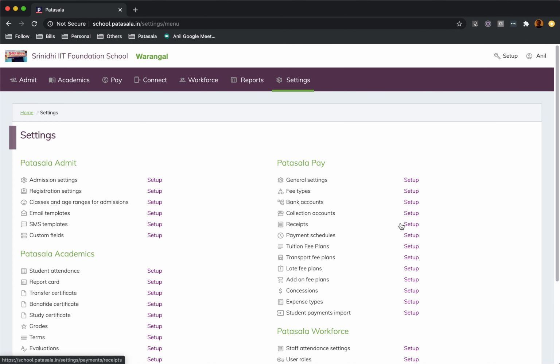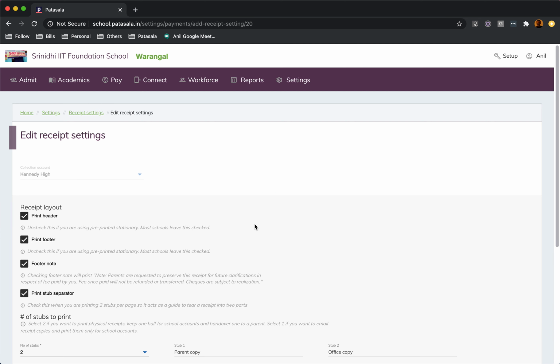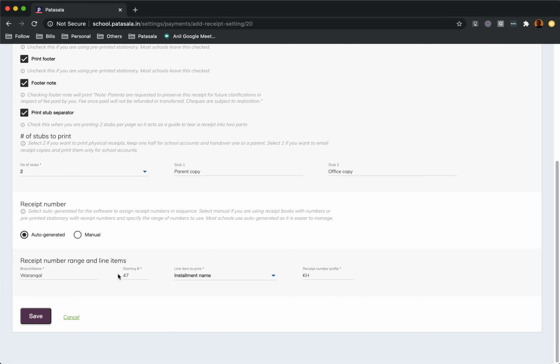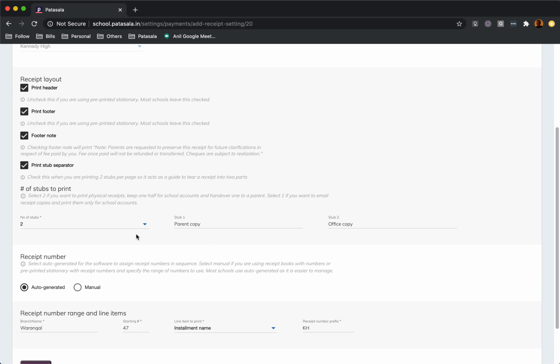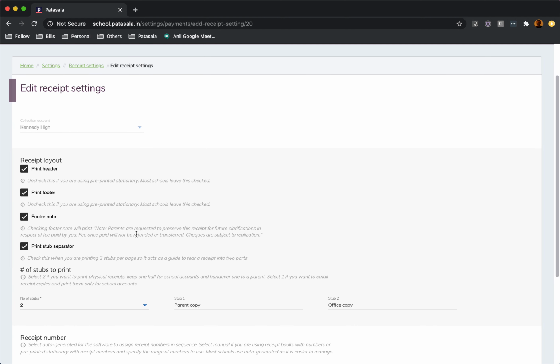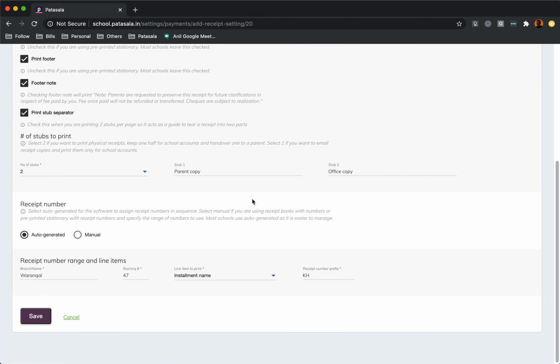And then one last thing I'll quickly show you, which is the receipts. So you can even configure how your receipts look like. Today, we have given these check boxes to enable, disable, but this will ultimately move towards you actually seeing the preview of a receipt itself on the screen, and then you can hide or show things. If you have seen our academics module, just the way report card settings works, that's how the receipt settings and any other document settings in the software also work, right?